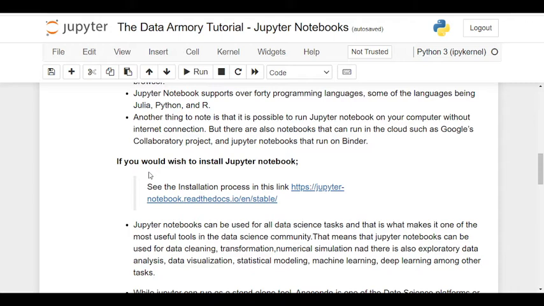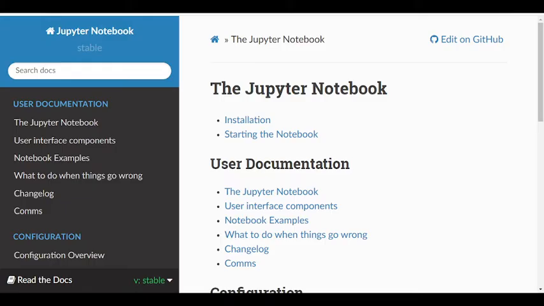If you wish to install Jupyter Notebook, which is what we'll be doing in our next section, you need to read this documentation, which gives you the installation process in this link. If you don't understand what happens as has been recorded here, in our next section we'll be doing it practically. We'll be downloading the notebook practically. So you should not worry about that, but it will take you to this page whereby it talks about the